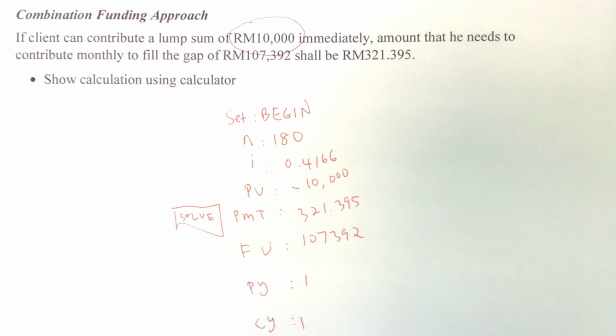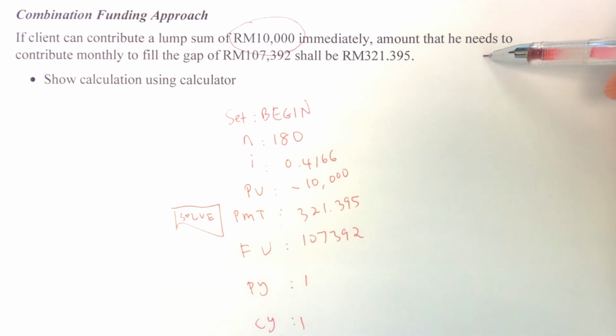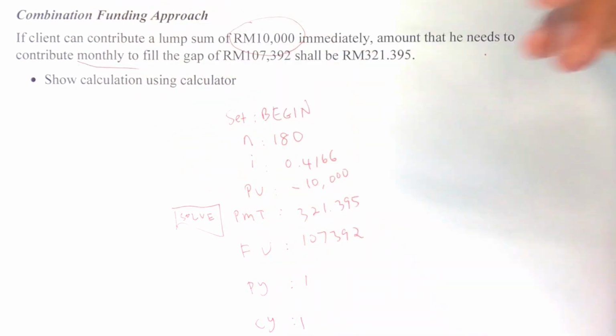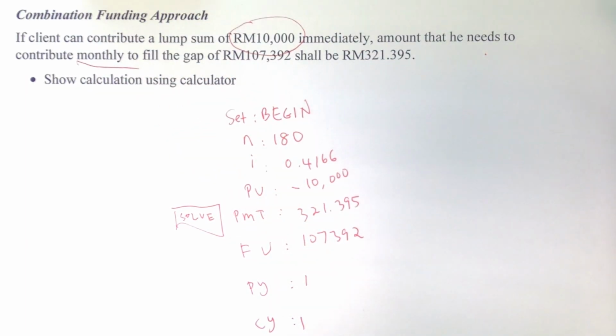Possibly the client got a bonus, or I'm not sure what the source of this income is, but let's say at this point of time they are able to have a lump sum of 10,000 immediately. Therefore, the amount that he needs to contribute monthly, in this case he wants to contribute monthly, to fill the gap of 107,392, which means,